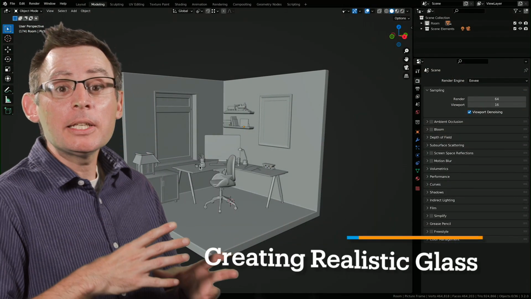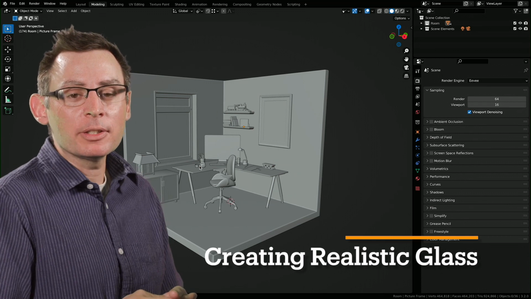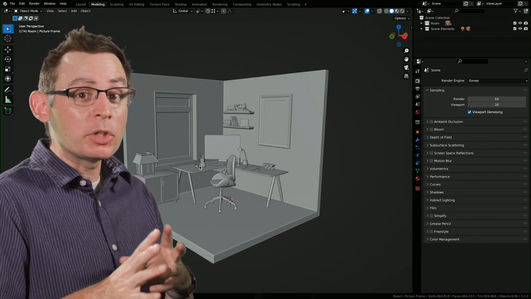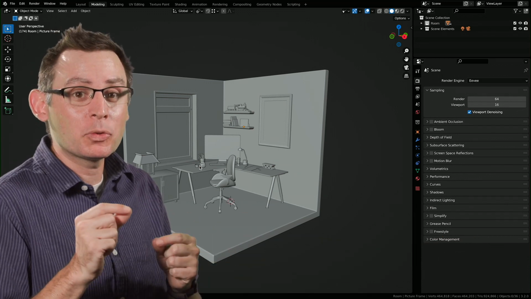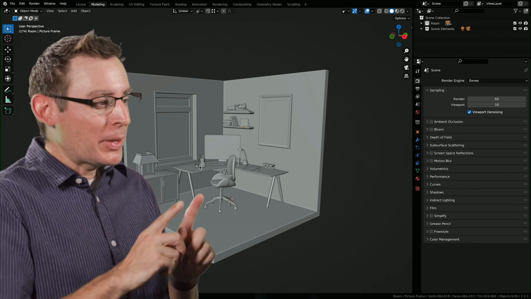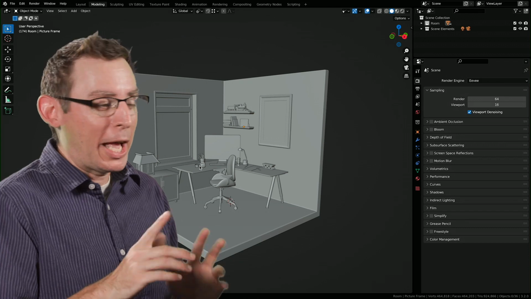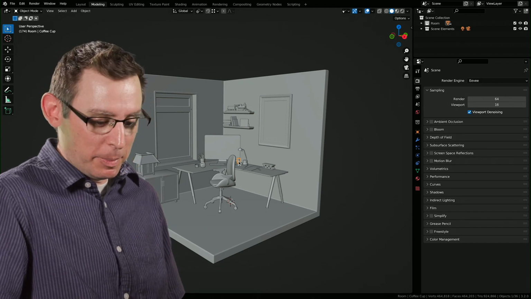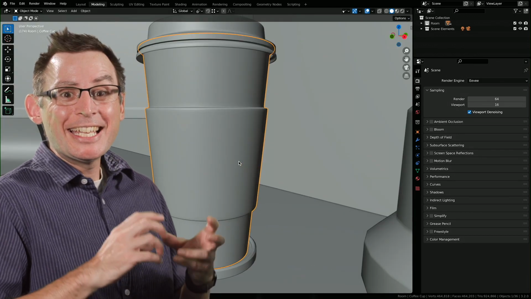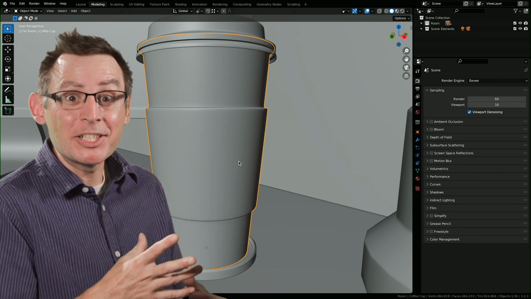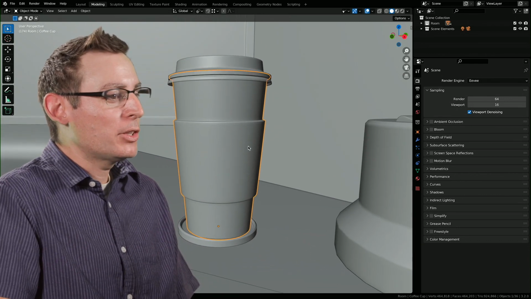One of the benefits of working inside of the Cycles rendering engine is it allows us to play around with some glass effects very directly and very accurately. Let's jump in, and I want to make the silliest example I can possibly think of for a glass. We're going to turn our coffee cup here, zoom in, this guy, entirely into glass, which is going to be pretty cool. Okay, so let's go ahead and start.